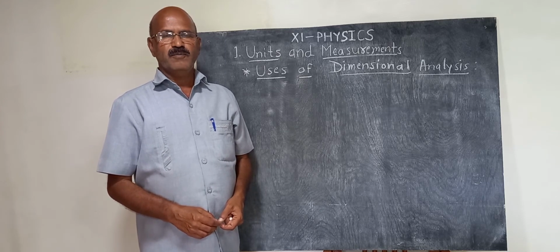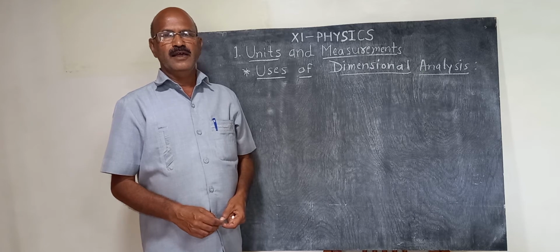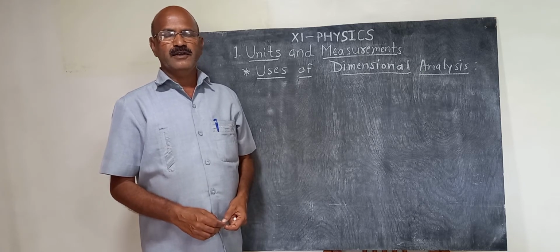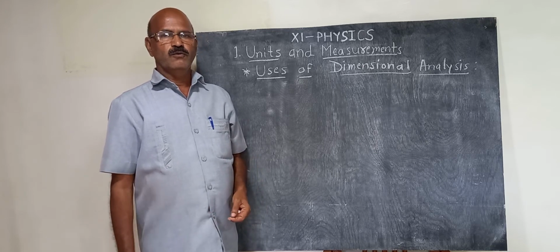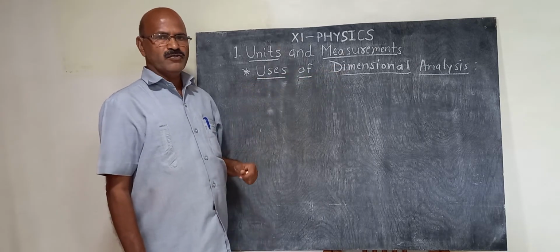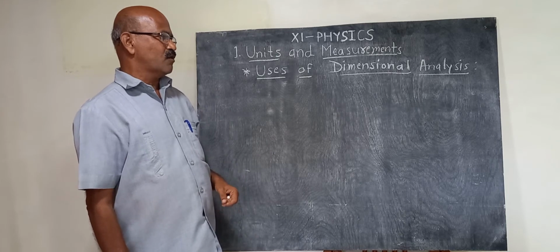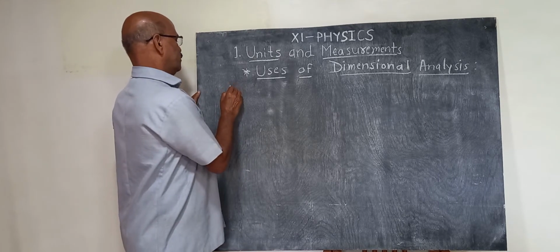This dimensional formula is expressed by square brackets, and there is no comma written between any two symbols. Today we see the uses of dimensional analysis. There are three uses of dimensional analysis. First use is